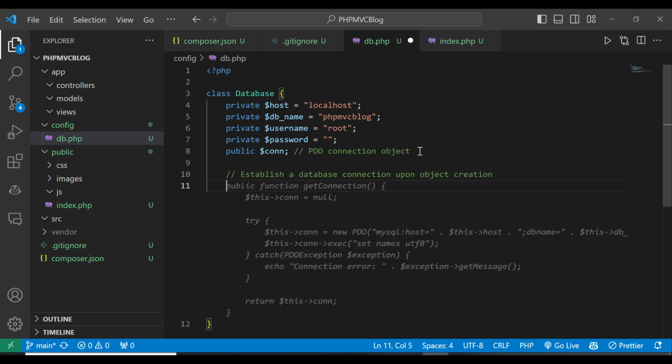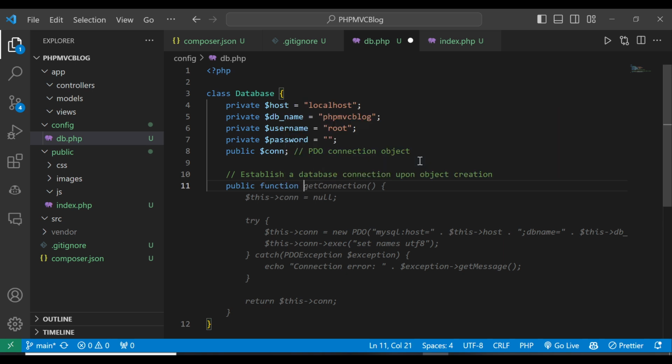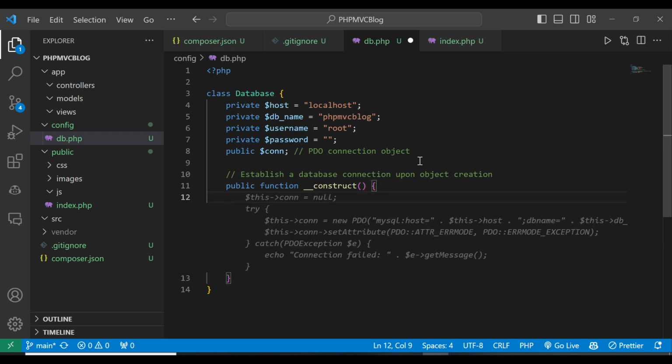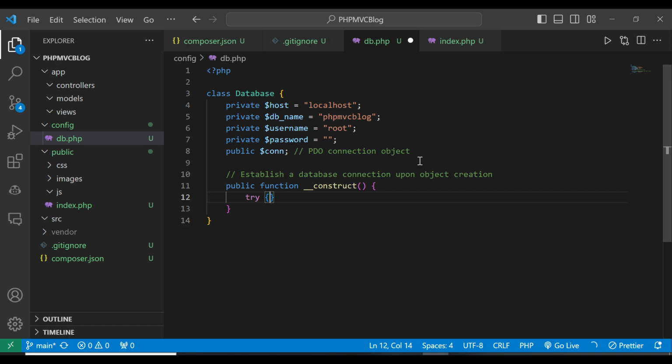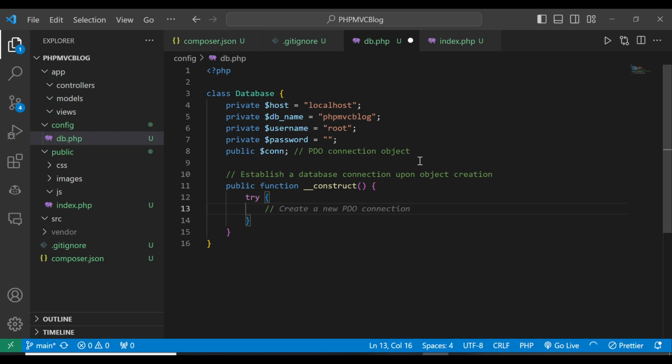We're going to have a public function, which is going to be underscore underscore construct, the constructor. Within this constructor we are going to have a try, and this try is going to create a new